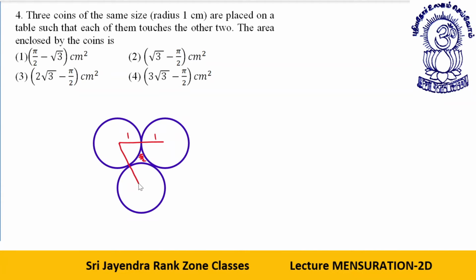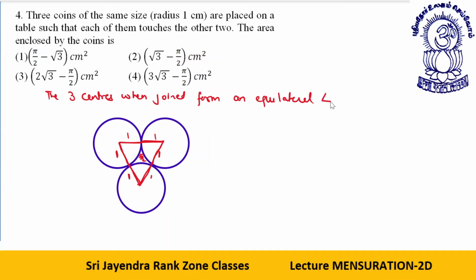This is actually easy, my dear students, but I will tell it to you in detail. The radius of this is 1, the radius of this is 1. This is the center, the radius of this portion is 1. Center radius of this circle is 1, radius of this circle is 1. So, the three centers, when joined, form an equilateral triangle. The three centers, when joined, form an equilateral triangle. Okay, dear students. Now, what do we have?